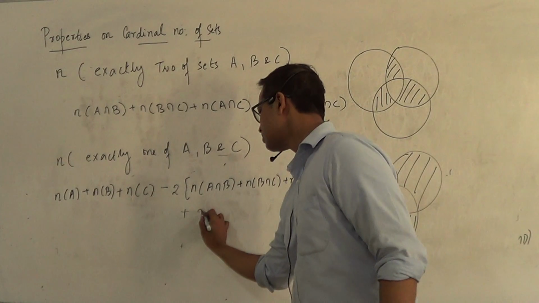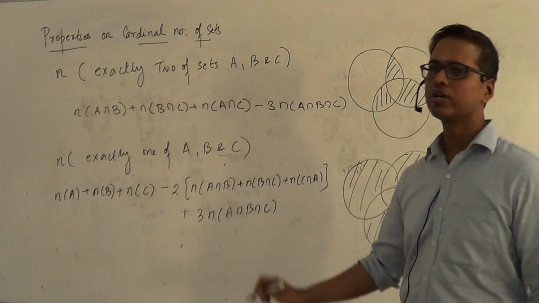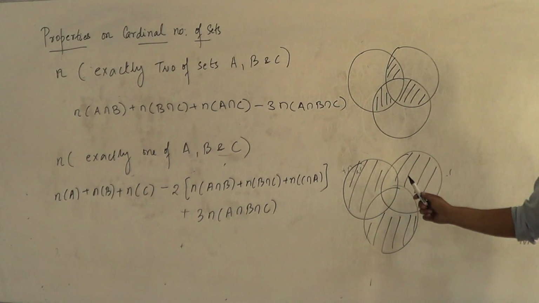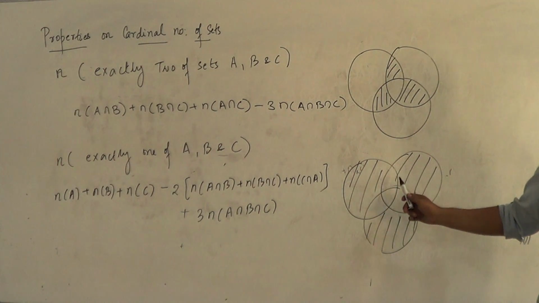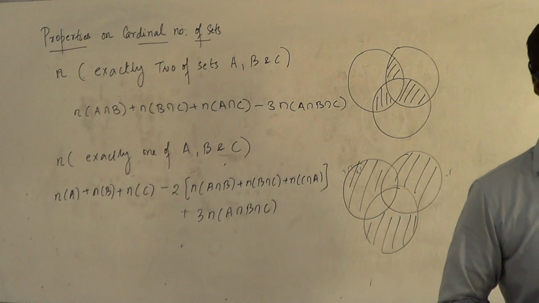Because you have to take the n of A and n of B, minus. Is that okay? So why minus? Minus 2 is because in n of A and n of B it is occurring 2 times. Intersection always comes twice. Is that okay? So these are some theorems or properties on cardinal number of sets, and we can start solving